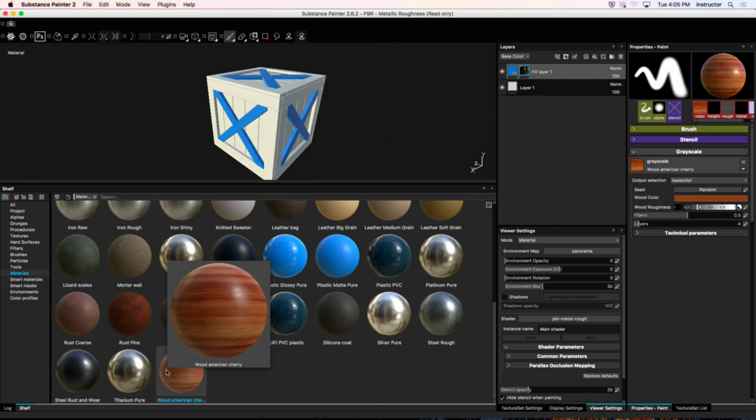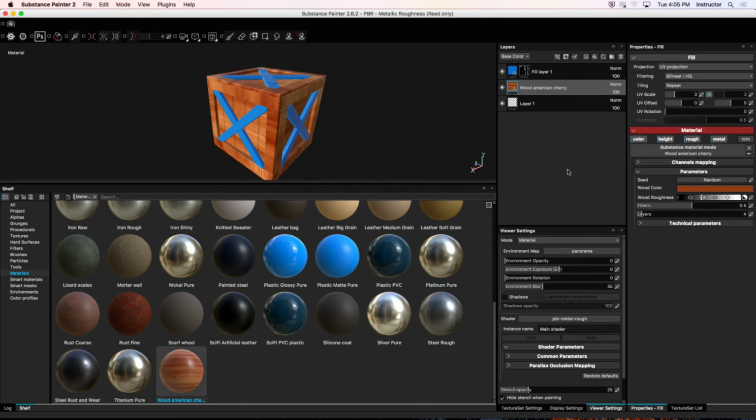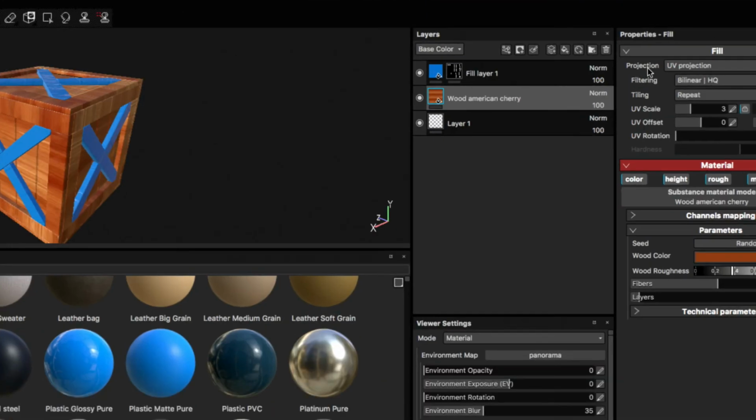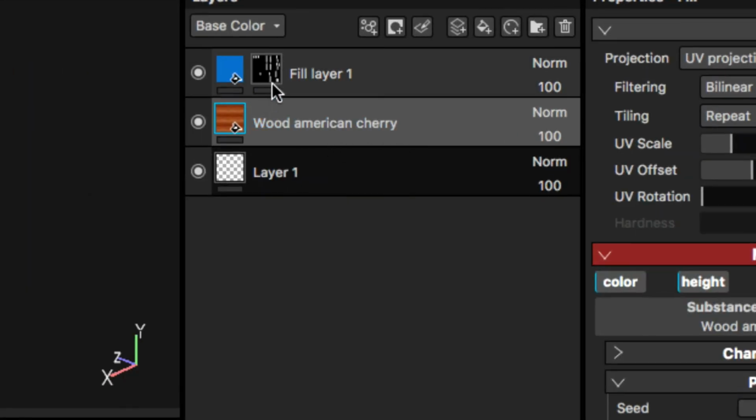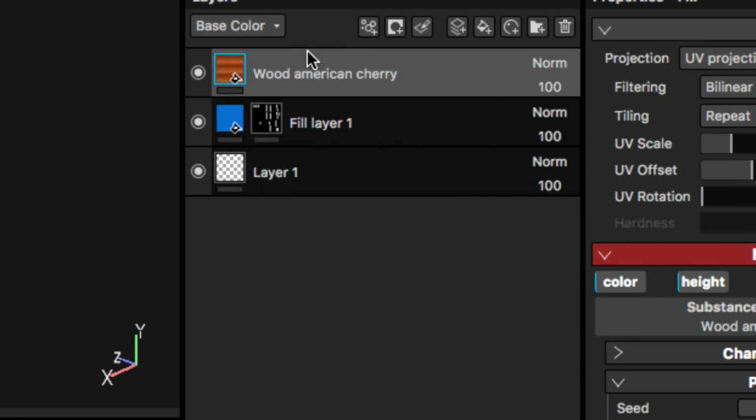Say again? Don't double click on it yet. Yeah, double click isn't going to give you what you're after. Actually, double click isn't going to do anything. But if we drag and drop it in our layer stack, you can see what's going on. Now I chose to put my preset right below my blue fill layer. If I put it above it by dragging and dropping, it